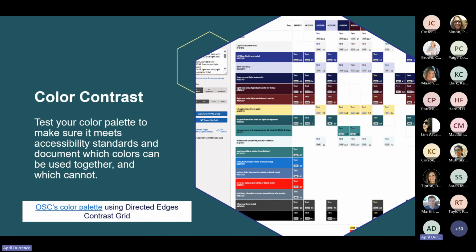For our OSC style guide, I researched and compared our colors to ensure they would work well together and meet WCAG contrast standards, which require a contrast ratio of at least 4.5 to 1, except for large scale text, 18 point or larger, or 14 point bold text. They should have a contrast ratio of at least 3 to 1. Color contrast ratio requirements apply to text, links, and graphical elements, so buttons, arrows, outlines, etc., that are essential for understanding the content or functionality.